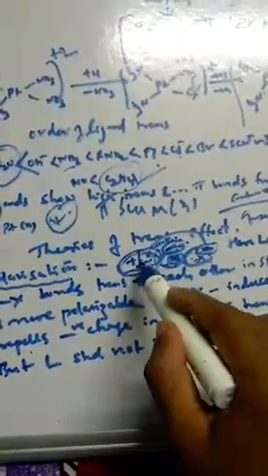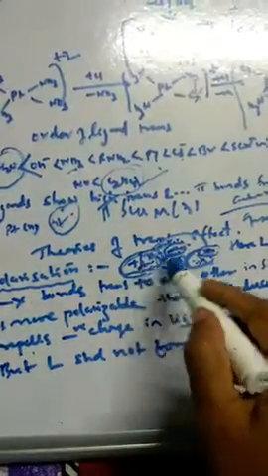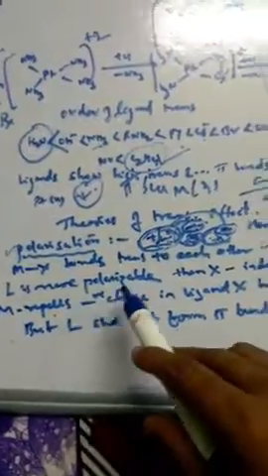So what will happen now between X and M? There is repulsion now, and that is the reason this X is going out. Who is making it go out? The ligand which is placed trans to it, because it is highly polarizable compared to X. So the LM and MX bonds are trans to each other, and L is more polarizable. So either this or this will be more polarizable.